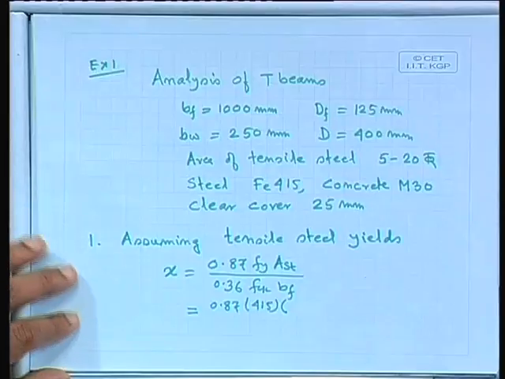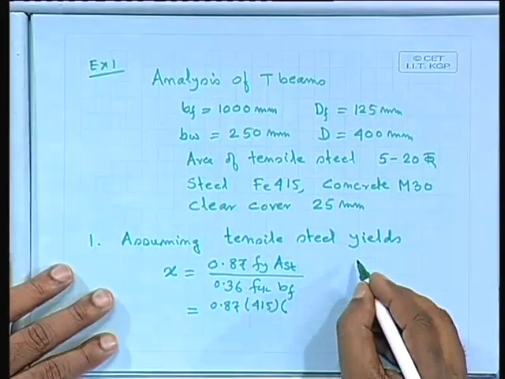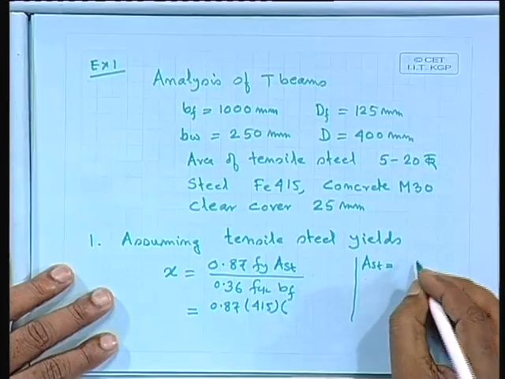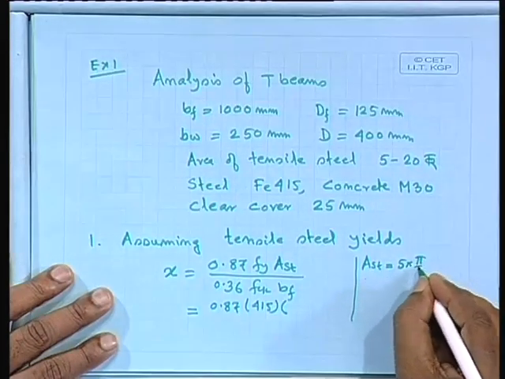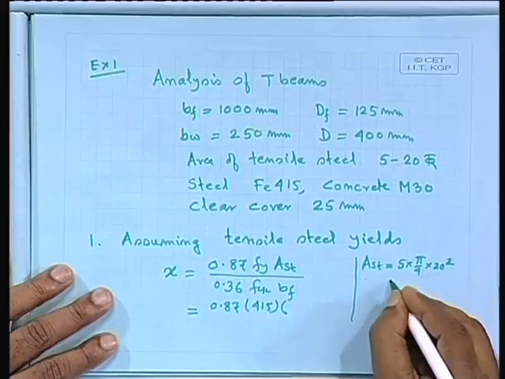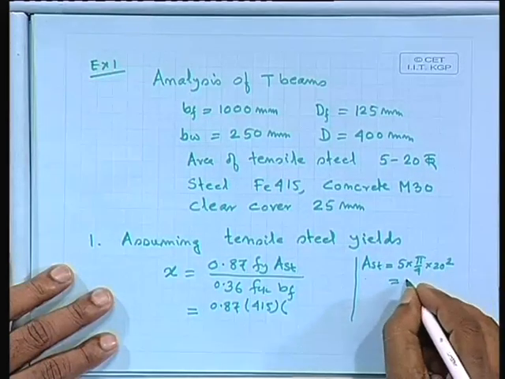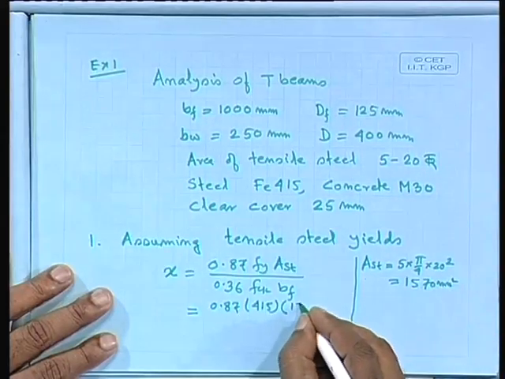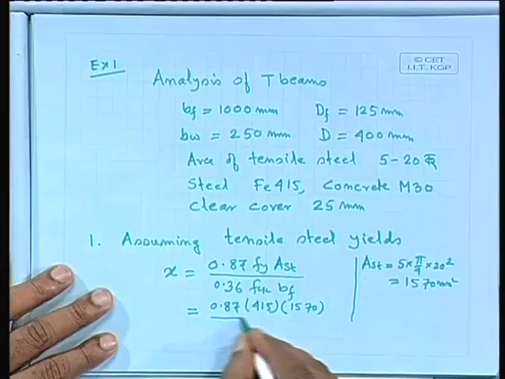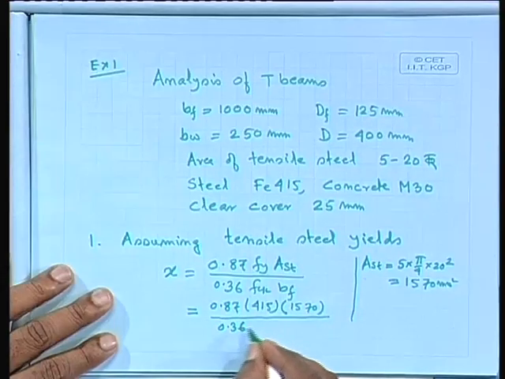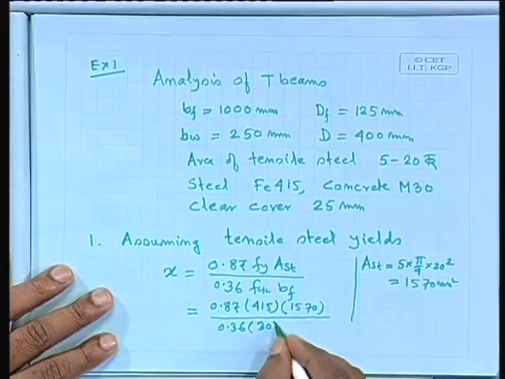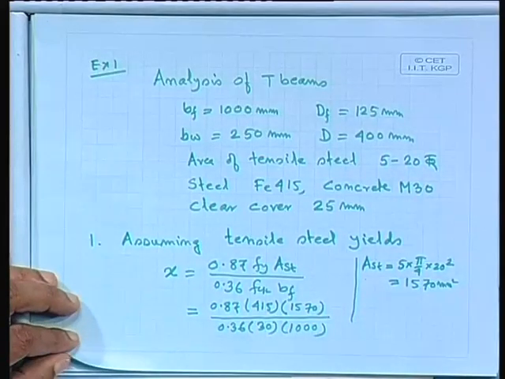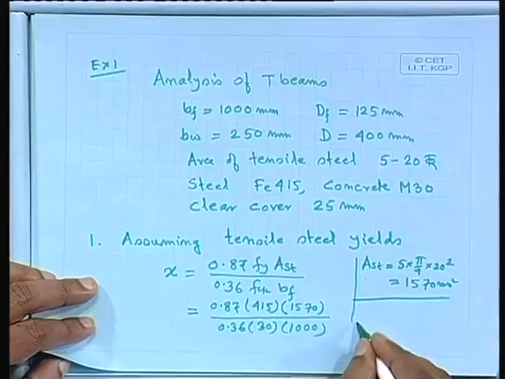Let us calculate area of steel here. So, I can calculate here area of steel equal to 5 into pi by 4 into 20 square, which comes as 1570 square millimeter, divided by 0.36 into 30 times 1000, equals